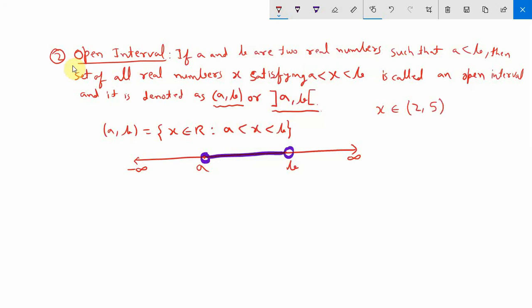So in the set builder form we can write x is an element of R such that x is greater than 2 and less than 5. Okay friends, that is points 2 and 5 are excluded from this set. Okay, so next type we will discuss, third type,